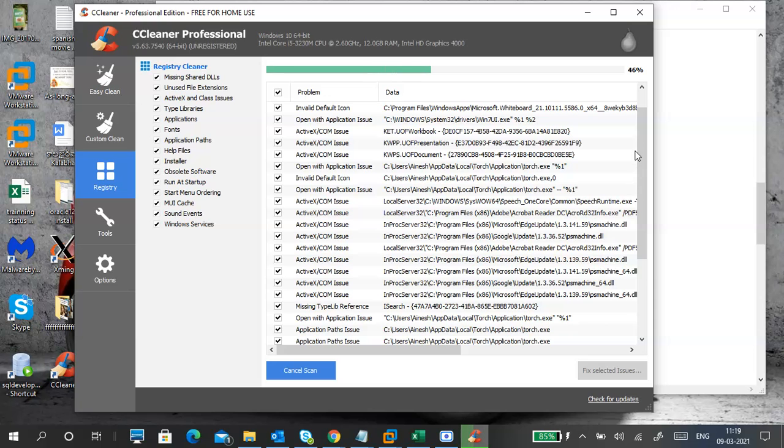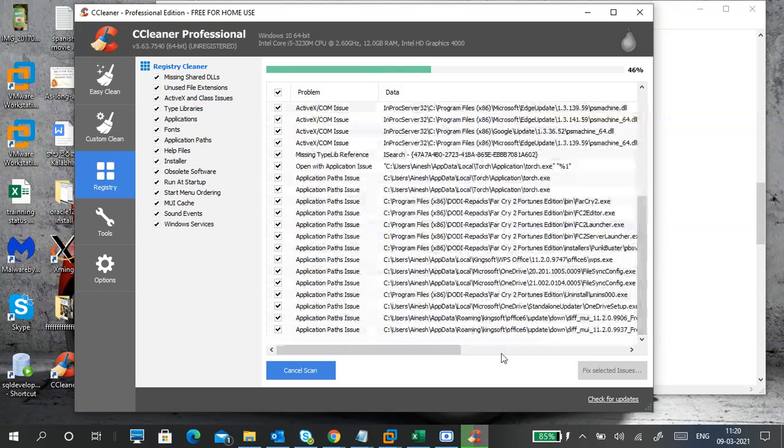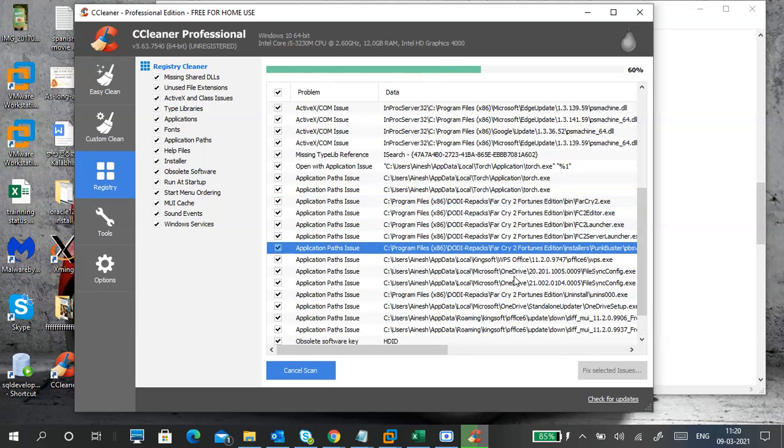This is entirely for the Torch browser only. While it is going on, I don't want to cancel now. It is showing that these are the uninstalled ones. I uninstalled this, but it is still showing the path and such.